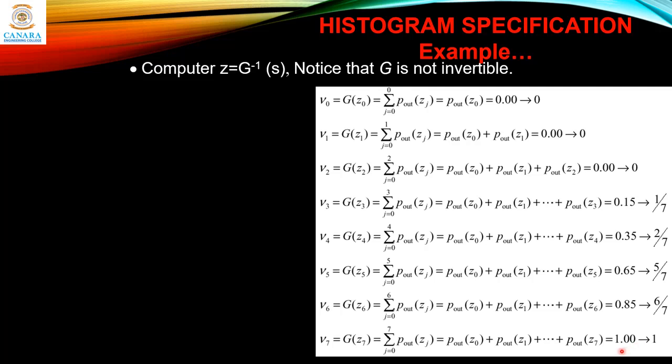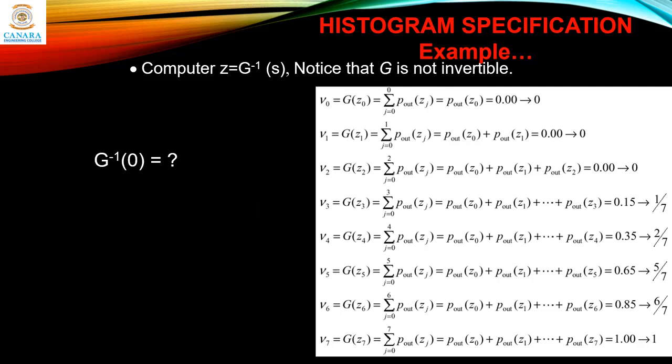Okay, the answer is if you sum all these things, it will be 1, and you can approximate it to level 1 or 7 by 7. Now let us compute this value of z, okay, which is g inverse of s. So here first value g inverse of